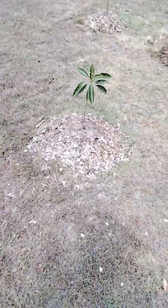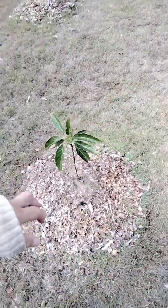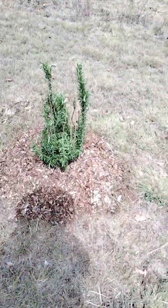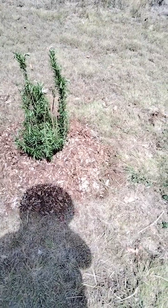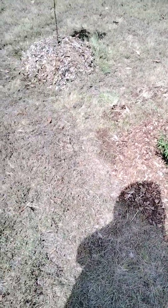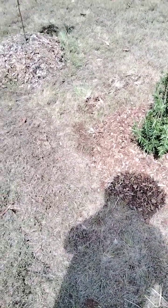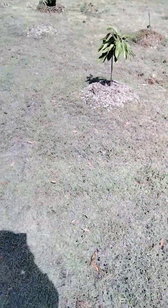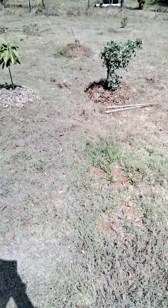These are just the growing avocado trees. That is, I don't know, a different kind of plant though. This is a rosemary bush, so that one's looking nice. All these plants seem like they want some water. I should give them some though. But those are the new additions, and this morning they looked great, but now they look kind of crappy and wilted. The big basil plant and the big